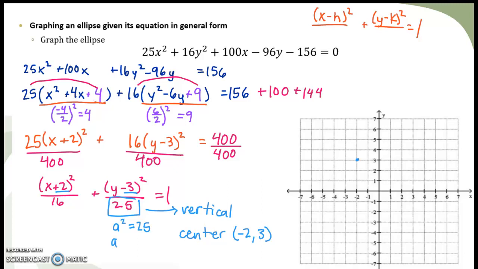If a squared is 25, a is 5. So in the vertical direction, I'm going to go up 5, 1, 2, 3, 4, 5. And I'm going to go down 5, 1, 2, 3, 4, 5. Now, this also gives me my b value. B squared equals 16, which means b equals 4. So for my minor axis from my center, I'm going to go right 4, 1, 2, 3, 4, and left 1, 2, 3, 4. And there are my 5 points that I need